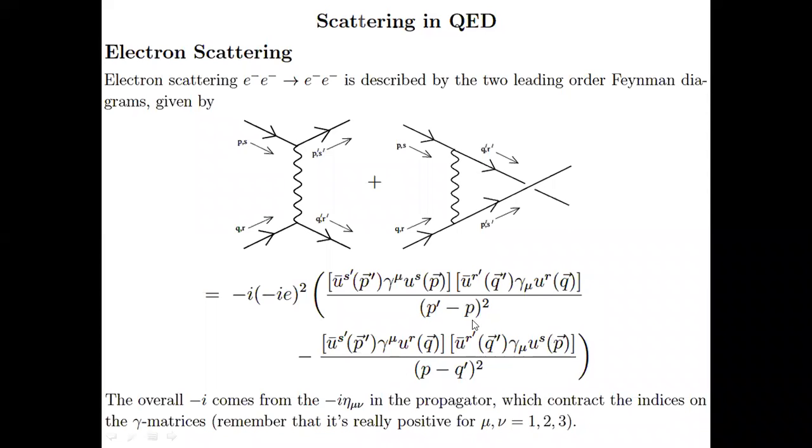So this is the amplitude. Okay. So we are taking the propagator of the electron field, the Dirac field, the photon field, and we have created the amplitude of the electron scattering.